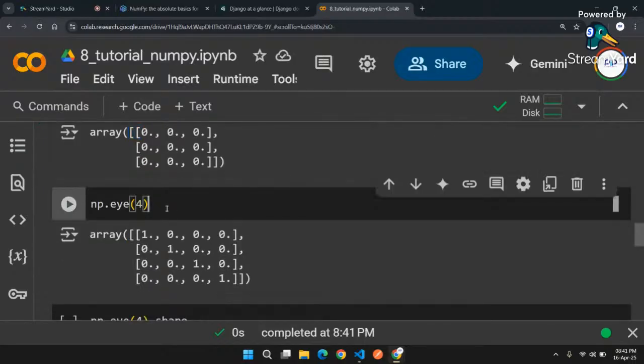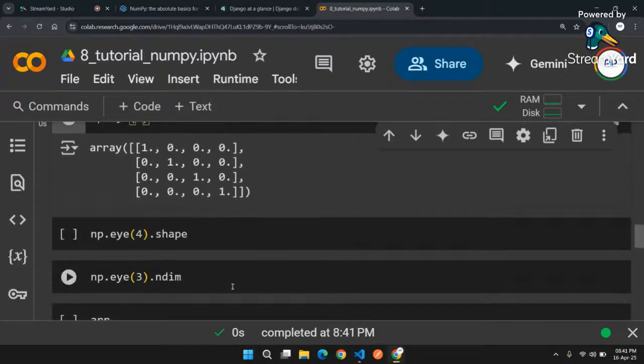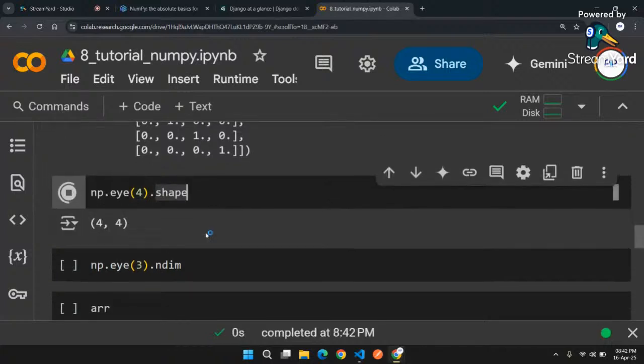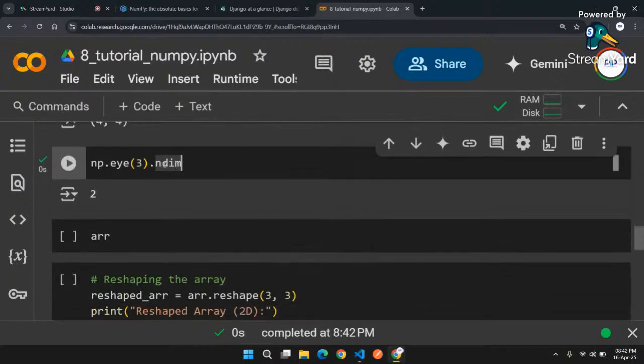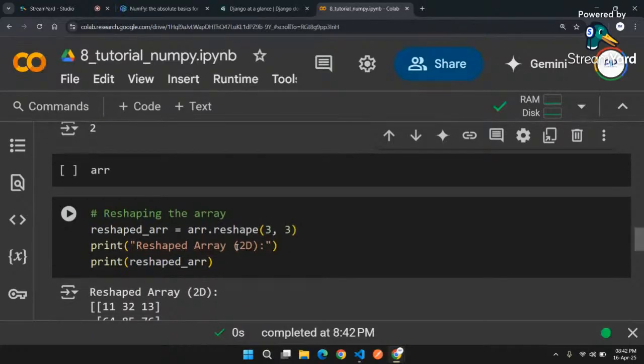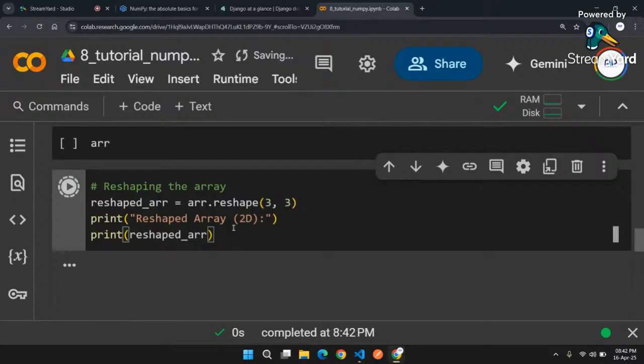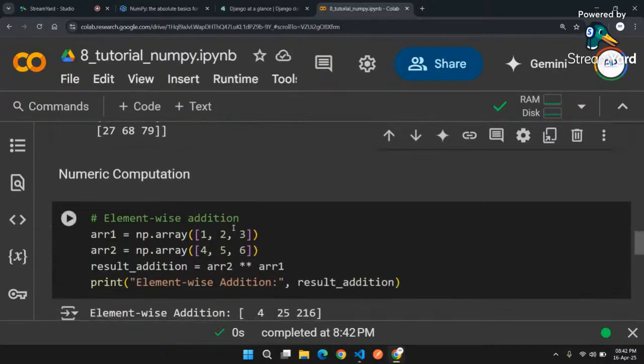But then we have np.eye. What it does is create a two-dimensional array for you, but the positive values are placed on a diagonal path like this. So that's how you have it. We've already checked .shape to get the shape. We've talked about the dimension to get the dimension. We talked about the type and all of that. We also looked at reshape. I showed you guys how we can use reshape to change